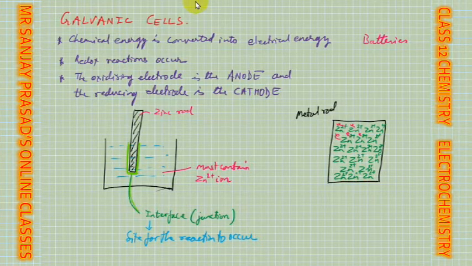So these electrons are scattered here and there. So whatever repulsion was there because of these ions is now converted into attraction. Clear? So there are lots of free electrons moving here and there. There are lots of electrons and lots of ions also. So this is something which is on the metal rod.